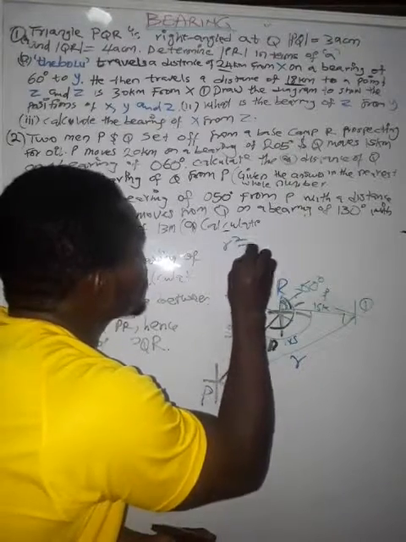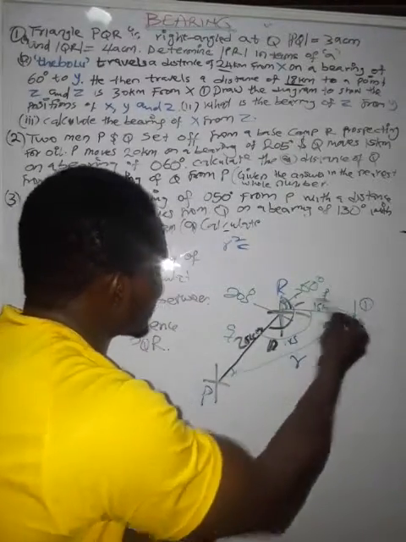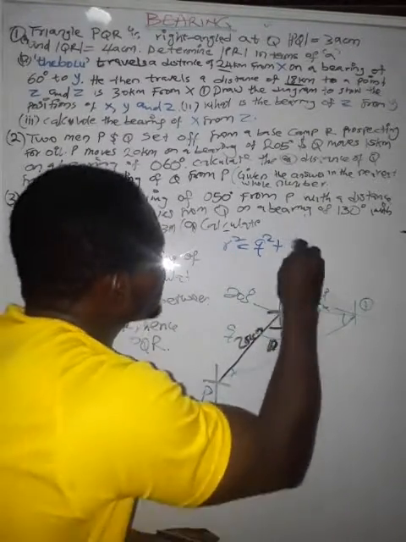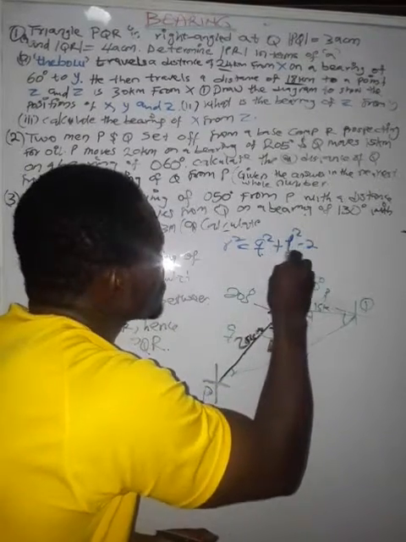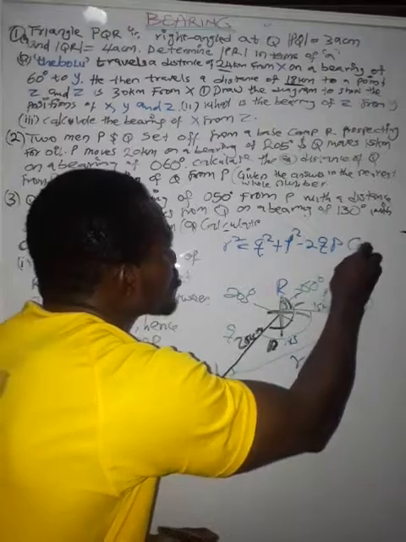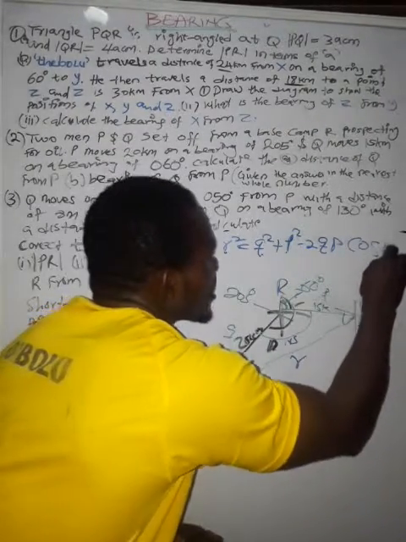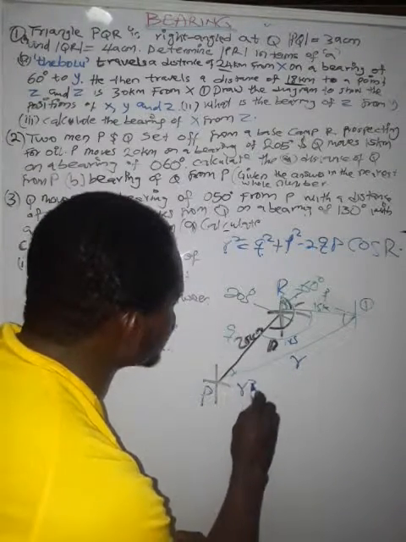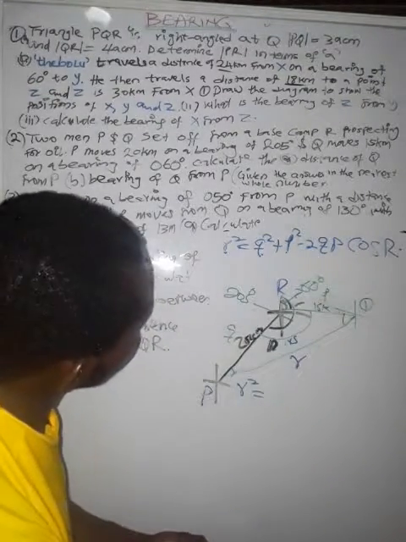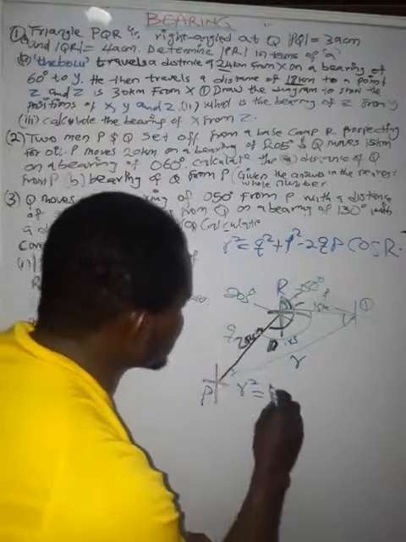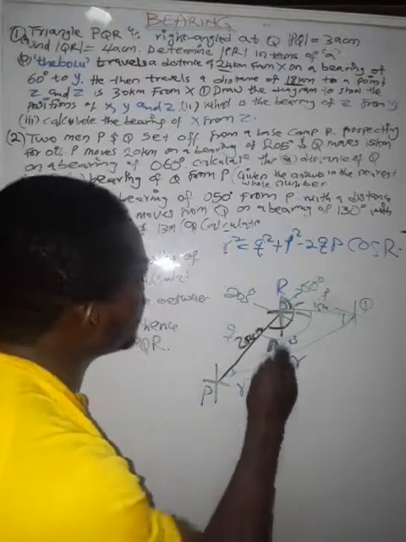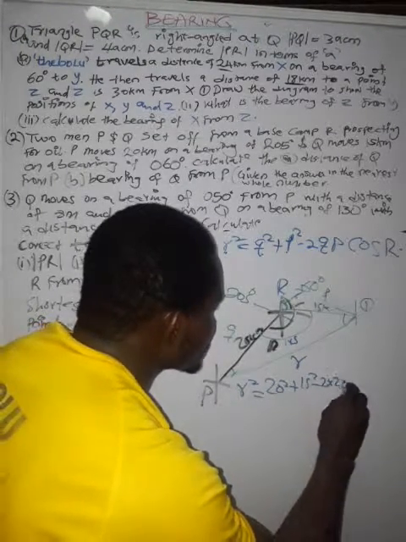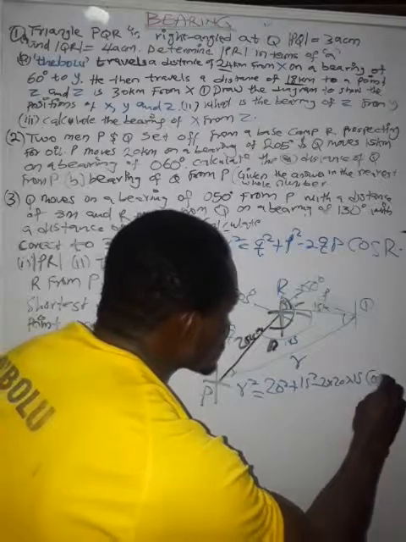So small r square equals the addition of the two other sides in square, q square plus p square, minus 2qp cos capital R. So let's substitute. Small r square will now be equal to small q 20 square plus small p 15 square minus 2 times 20 times 15 cos